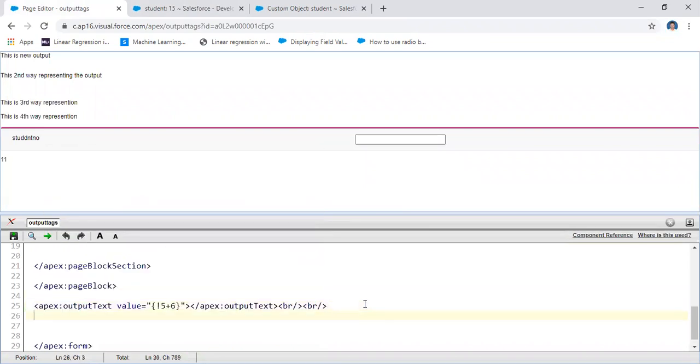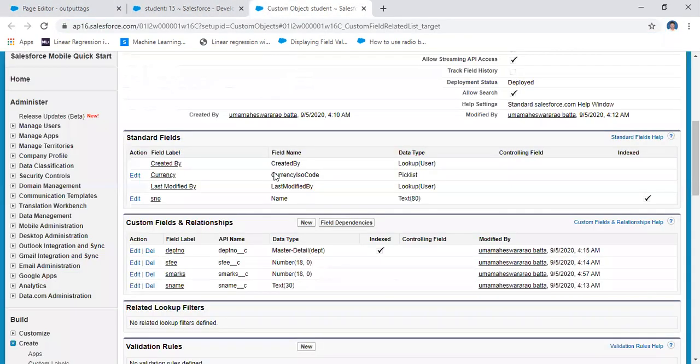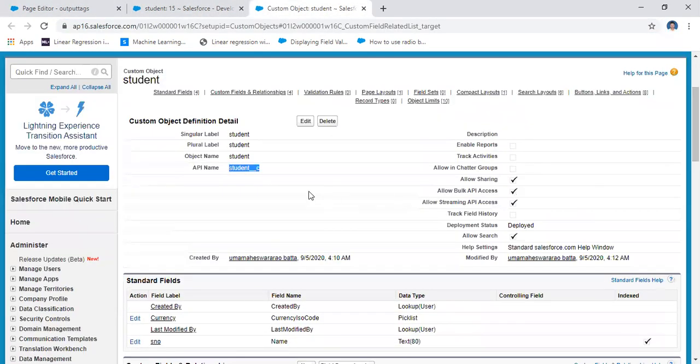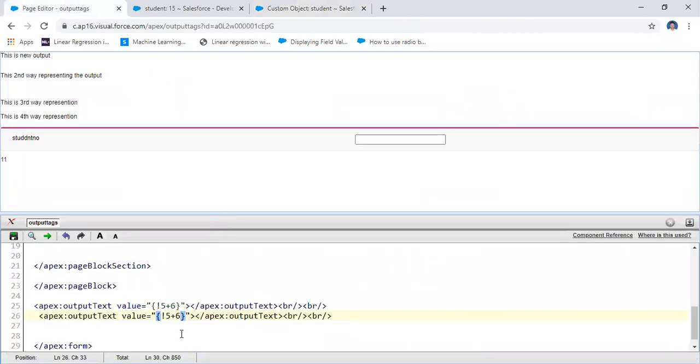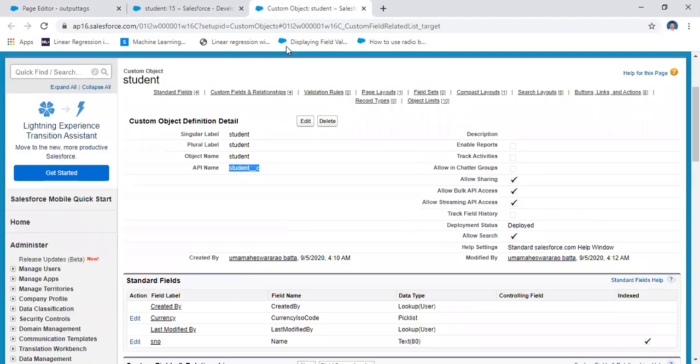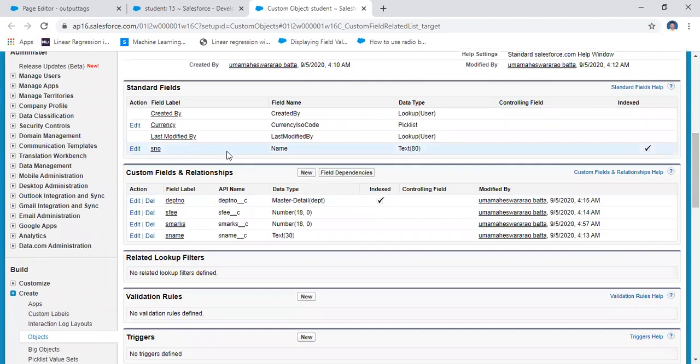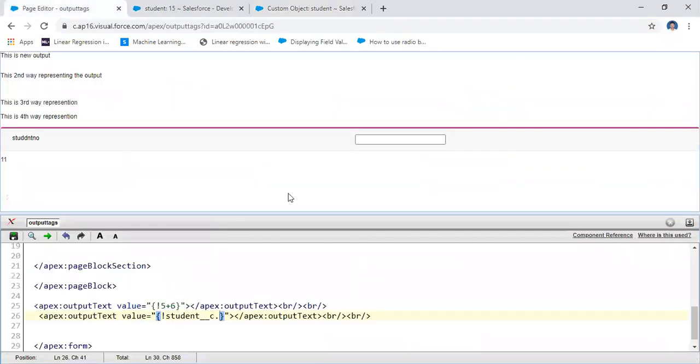Here, that means I'm going to bind that information. How can I bind it? The object name here is student_c. Use the object dot field name, student_c dot, for example, the field name. Here you have the field names. The first one is the student number, which I apply using the name. For example, that is the student number. For the student number, it displays the output like this.